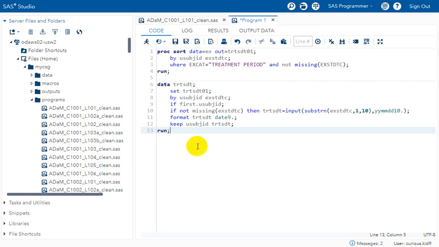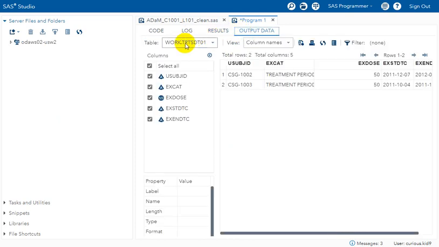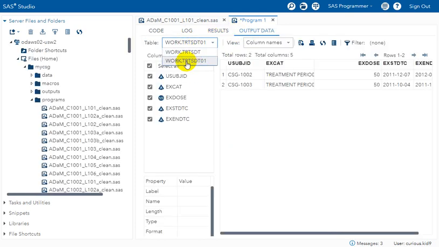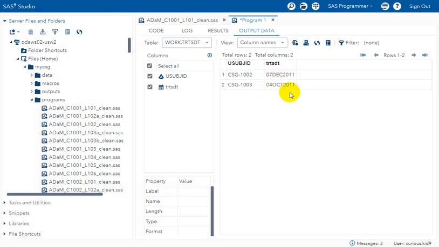So let us execute this code and see. If you take a look at the first dataset, which was created from the PROC SORT step, which was TRTSDT01, in this step we were only filtering for the records coming from EX, which had non-missing EXSTDTC and also corresponded to treatment period. So we had those two records, and then we subsetted the earliest record